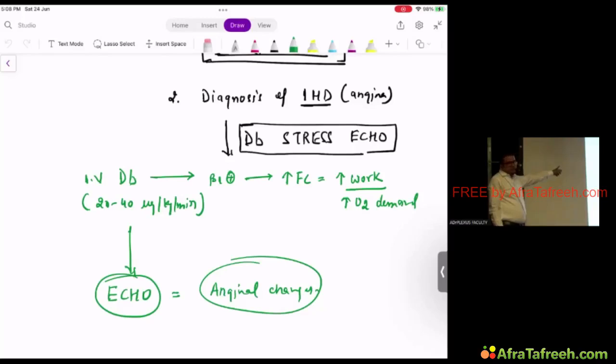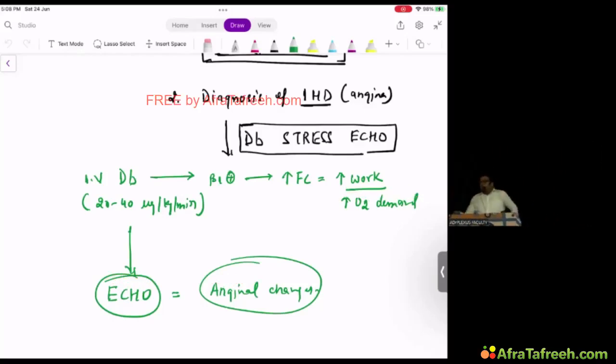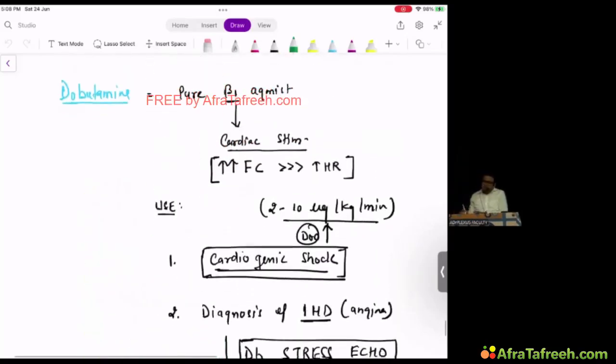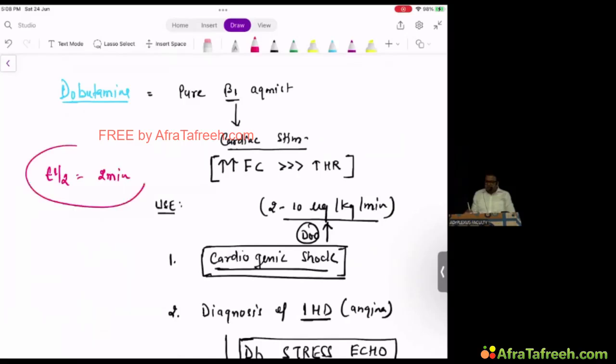So you inject dobutamine, it stimulates the heart, beta 1, cardiac contraction increases, oxygen demand of the heart goes up, and if the patient has angina, you can see it on echocardiography. So after giving IV dobutamine, you do echocardiography, that is used for diagnosis of angina. So dobutamine has two uses, one diagnostic and one therapeutic. Dobutamine T half is asked, one liner question, 2 minutes, and please remember it has no action